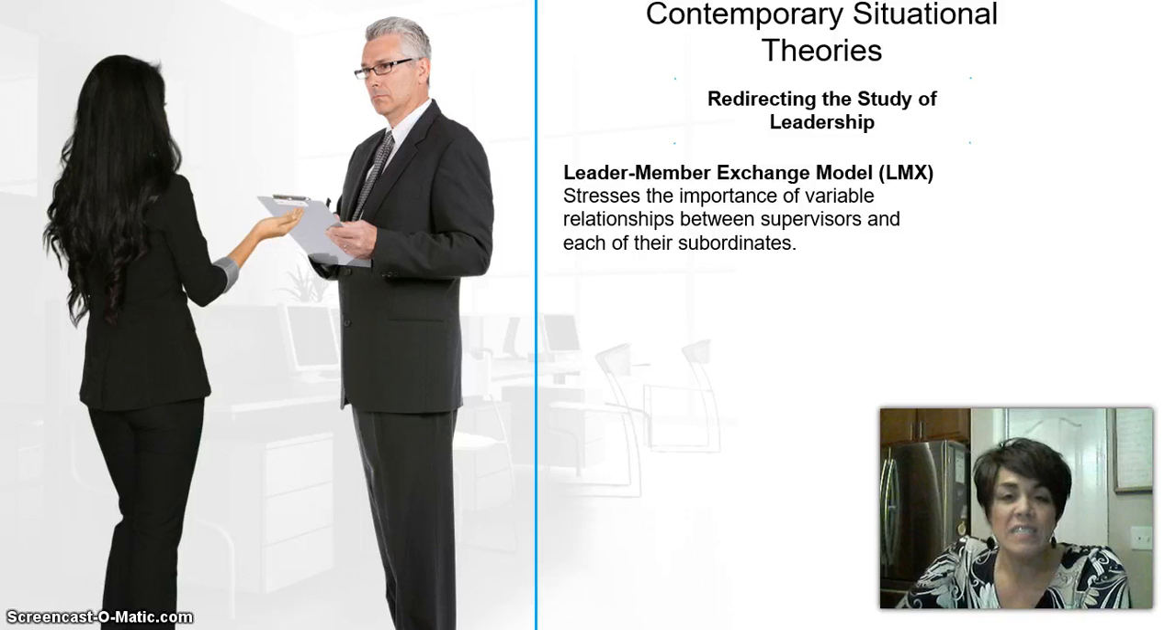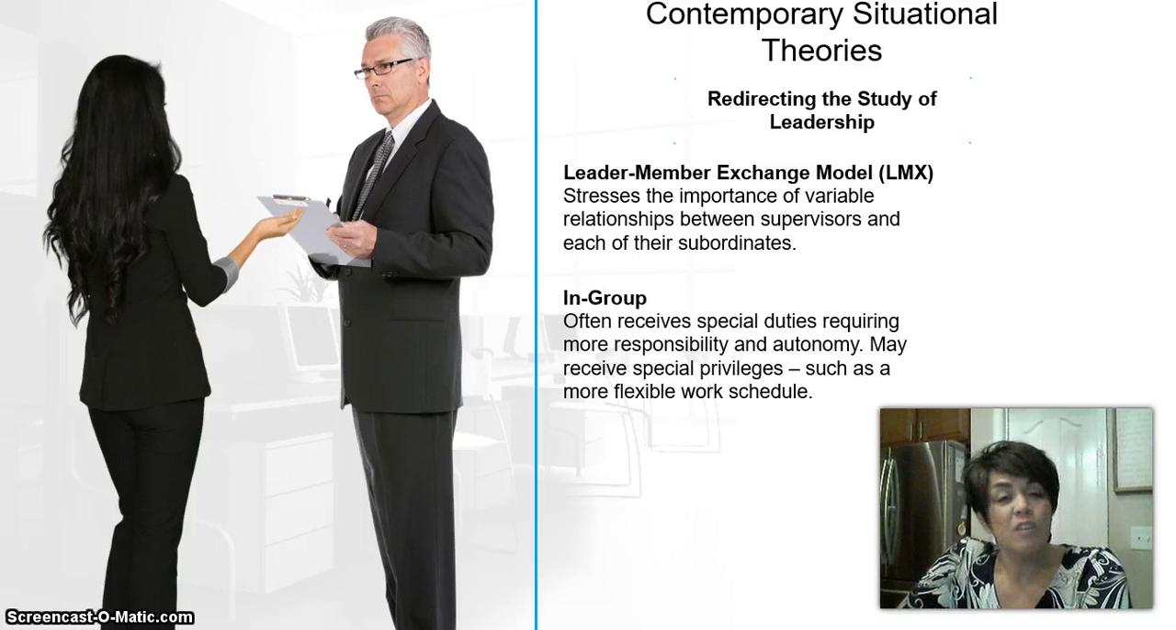The first of which is the leader-member exchange model, which stresses the importance of variable relationships between supervisors and each of their subordinates. We have the in-group, which is when a member of the group often receives special duties requiring more responsibility and autonomy. They may receive special privileges from their supervisor, such as a more flexible work schedule. They tend to get the more exciting assignments or are pulled to the table more often to be a part of